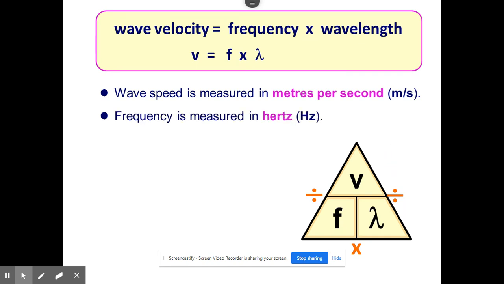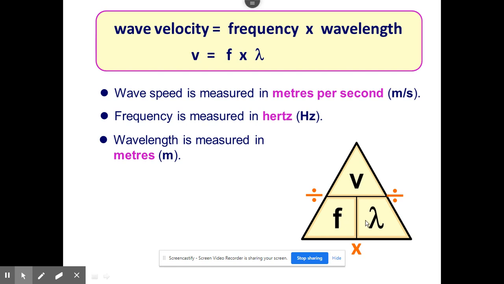Frequency is measured in hertz units, and the units of wavelength are meters. Remember, symbols wise, V for velocity, F for frequency, but rather annoyingly, the symbol that we use for wavelength is a Greek letter lambda. It's an upside down Y. Okay. And if you wanted to put this equation in the formula triangle, there it is there, look, with V